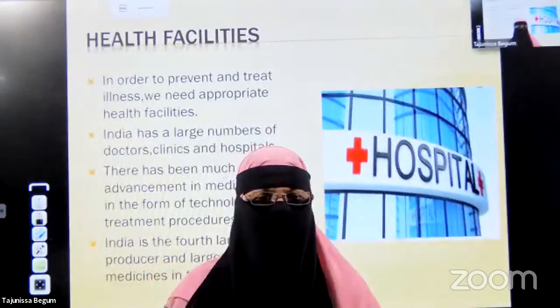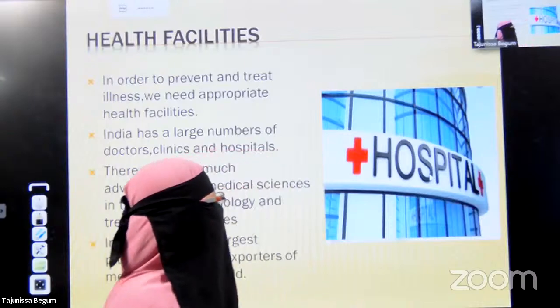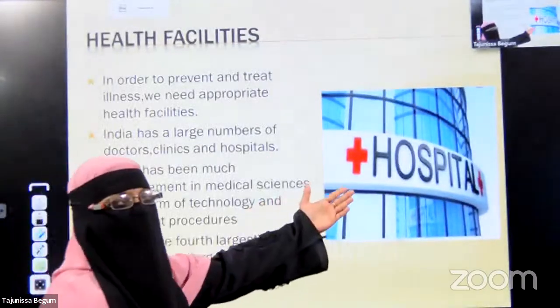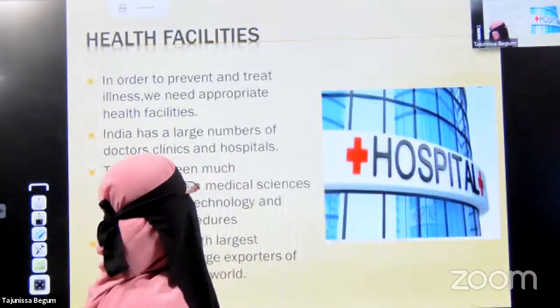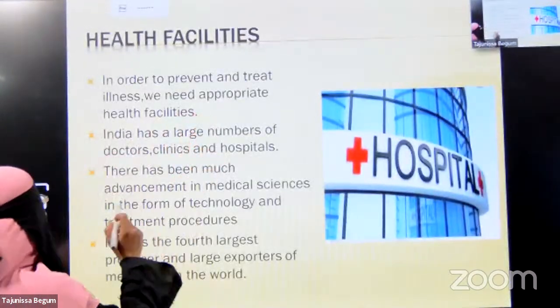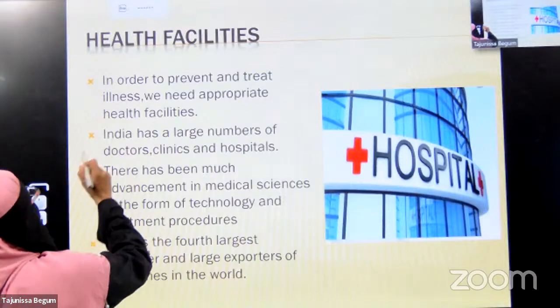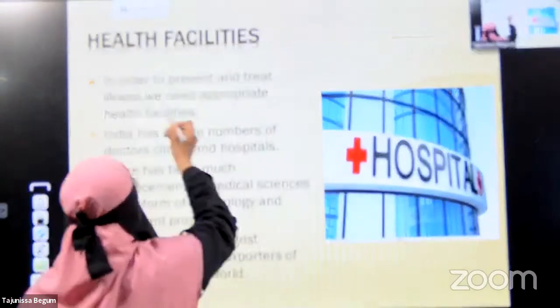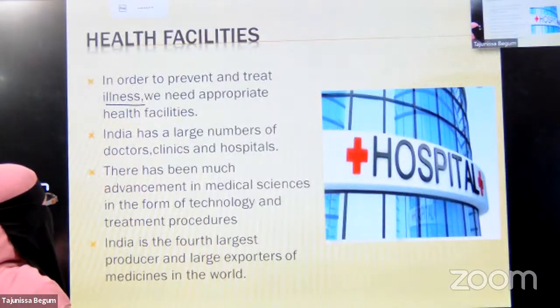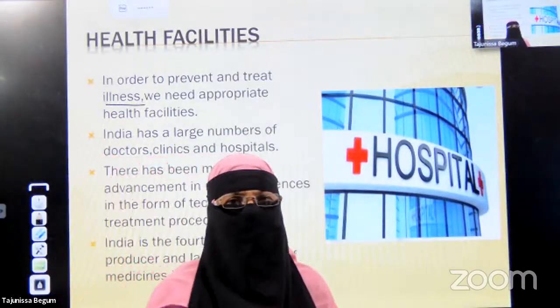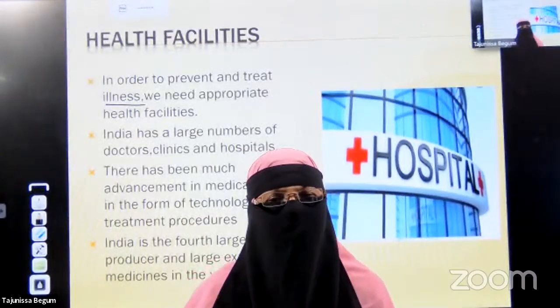You want to be healthy. So what facilities will the government give us? Look here. We need hospitals. We need good hospitals so that the treatment can be done properly for ill people. Here you see, in order to prevent and treat illness, we need appropriate health facilities. We need proper health facilities. If there are no proper hospitals, then